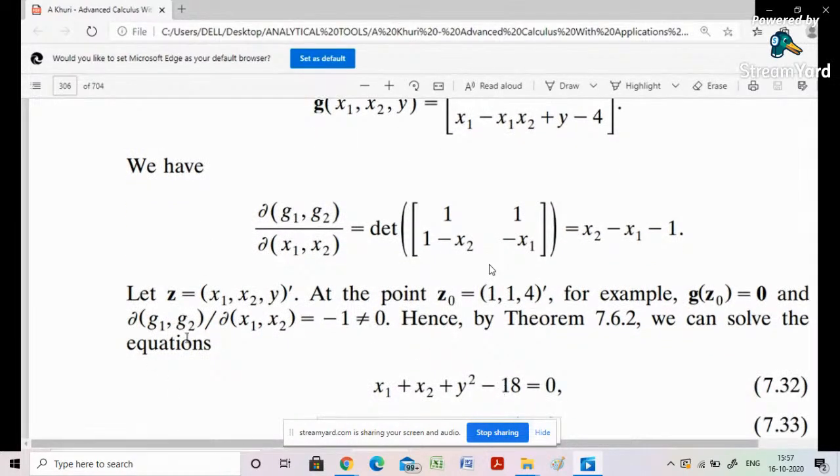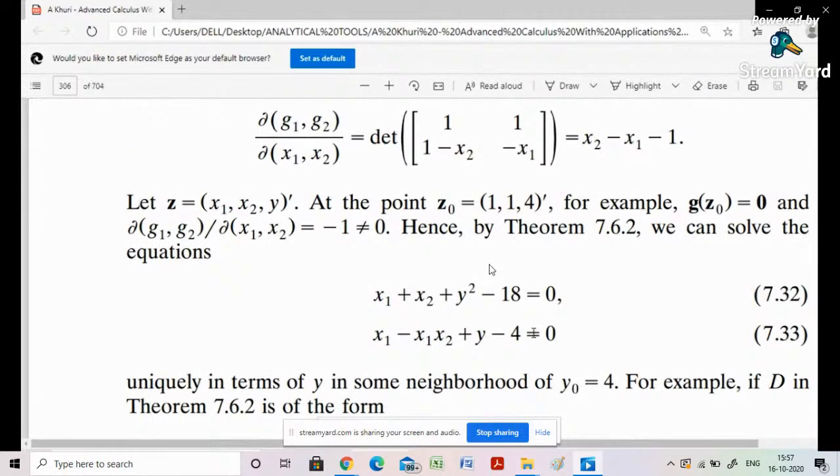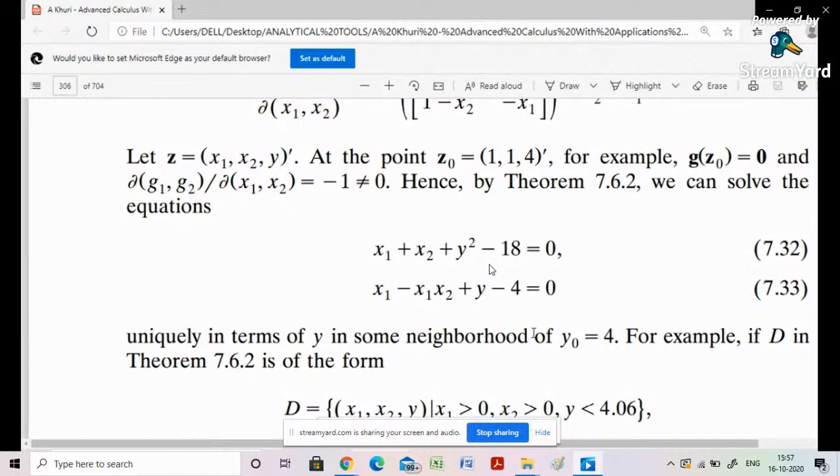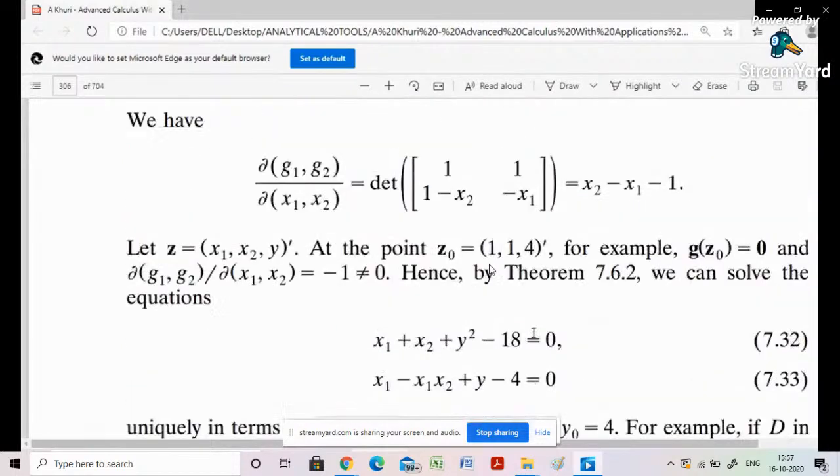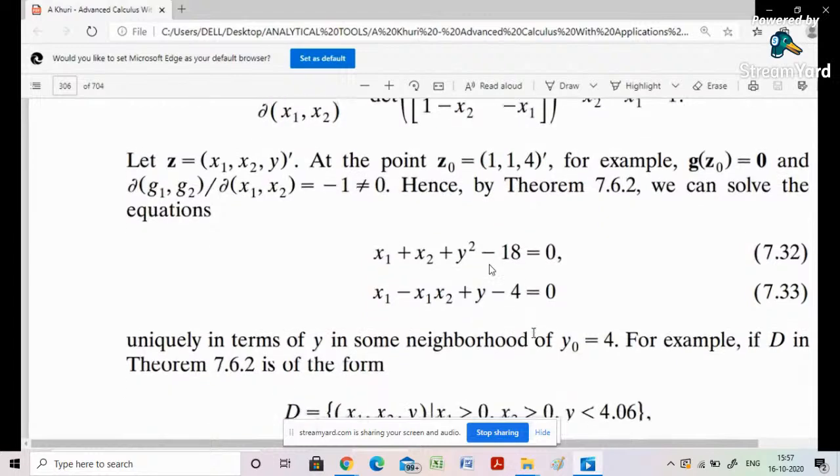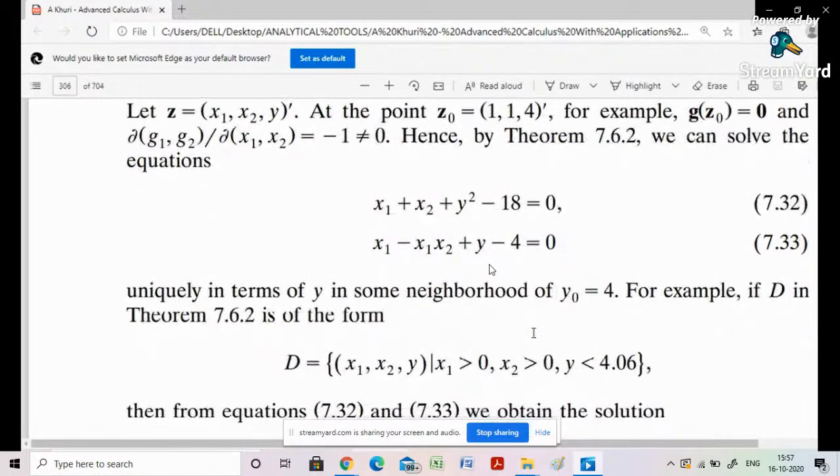So what is the value of the Jacobian of G1, G2 with respect to x1 and x2? That equals minus 1, which is not equal to 0. Hence, we can solve these equations by the theorem. This is the minimal condition required for satisfying the theorem. So by that theorem, we can say that this can be solved